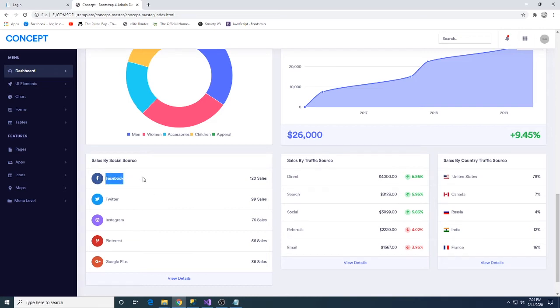We have here the Facebook. I'm not sure if this Facebook is an image. I think this is not an image. This is an icon here. So what we will do is that let's get this